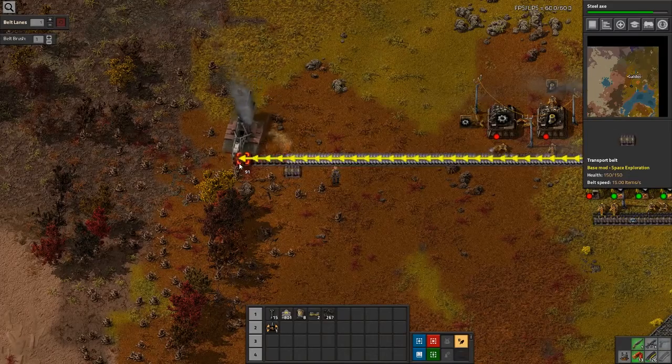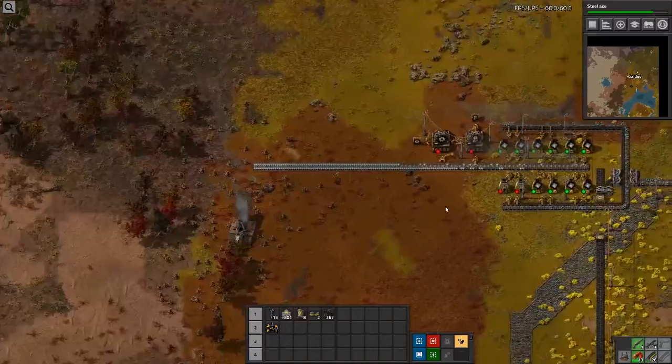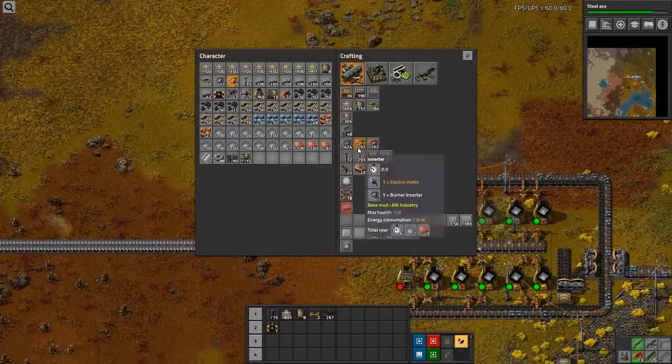I wonder, do you kill belt? You don't kill belt, good. All right, so this is making some gears, that's great. I want some more gears because I'm gonna need some more,